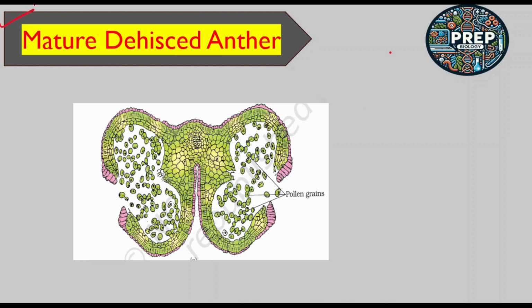Now the last step of this process is when the anther gets matured, it will dehisce. Okay, it will burst and then the pollen grains are spread out from the anther. Now look at this picture. This picture is from the NCERT biology book. So look at this picture. This is the TS of anther. Now this is the mature anther,